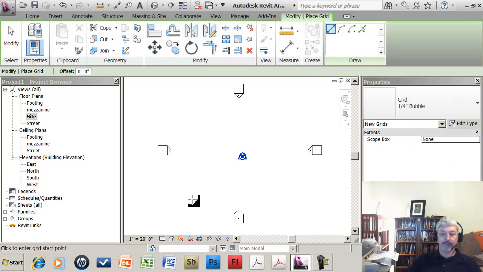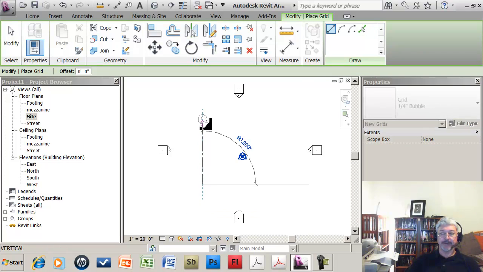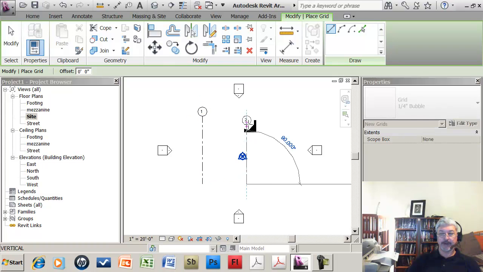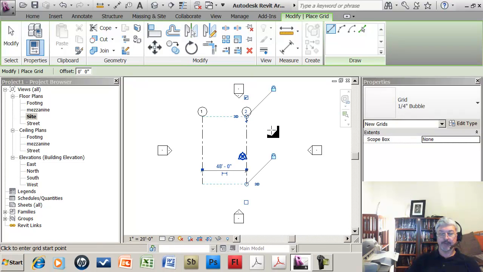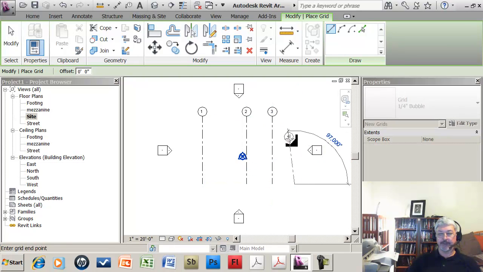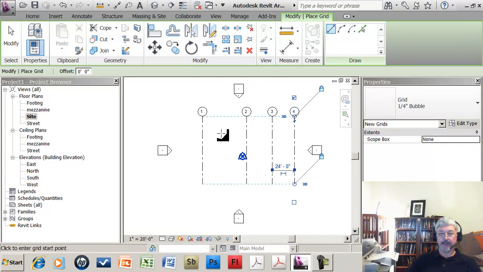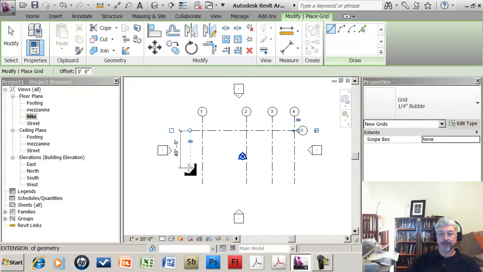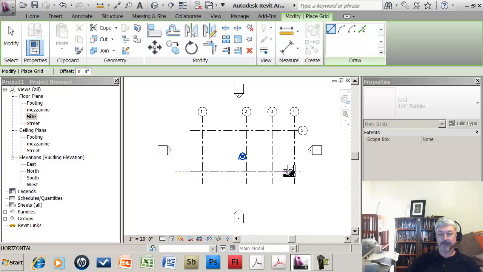So if I go in here, I'm going from the bottom to the top, and I'm going to say from there to there is a grid. Notice that it increments. I'm not caring about the dimensions at the moment. I'm going to simply put in maybe 4 of these, just going from bottom to top. Then I'm going to go from left to right, and I'll just do two